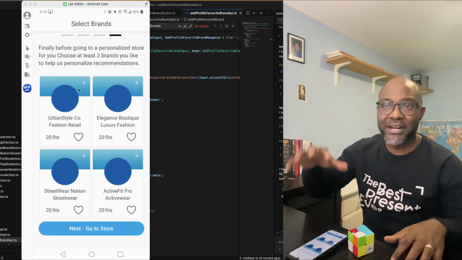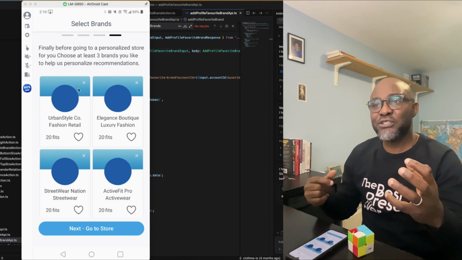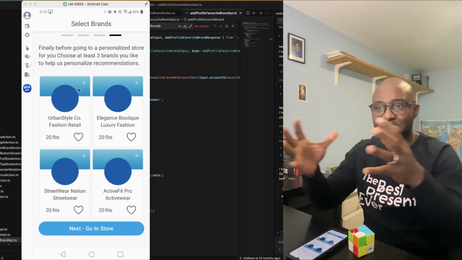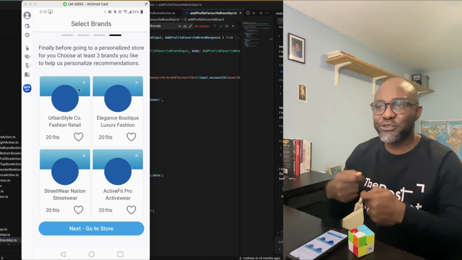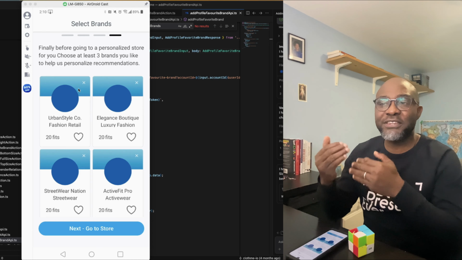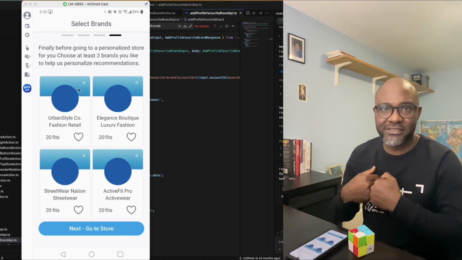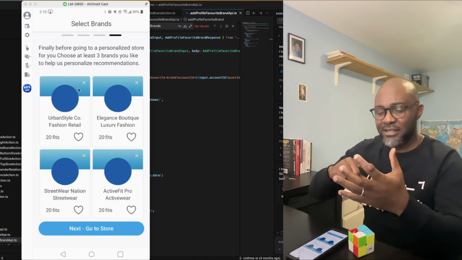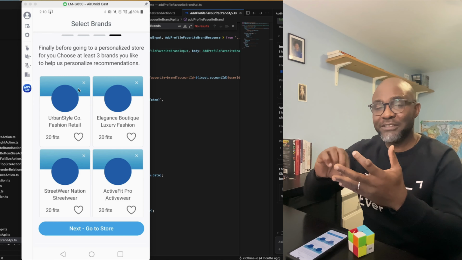And size e-commerce prioritizes the size of the users and the size of the product, so that when users come to use an application that is built with the size e-commerce approach, you're not wasting time scrolling through products that don't fit you. Everything you see on the app should be tailored to your preferences. So ClothMe will take care of your size. It will understand your body shape. It will use that information to